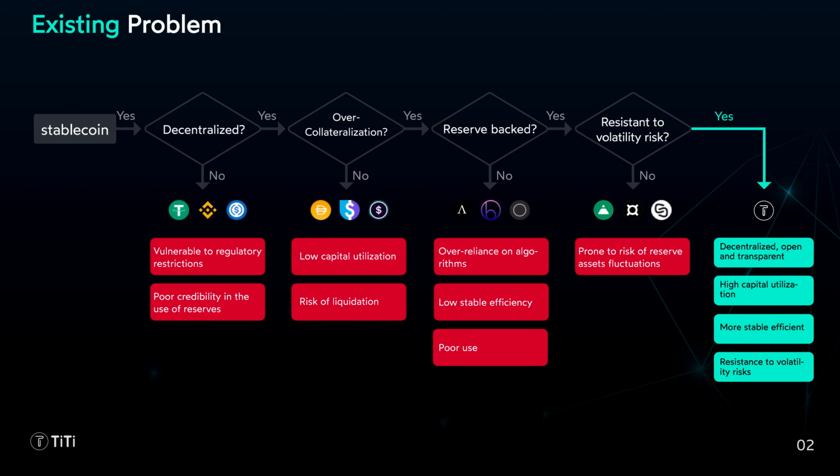In this page, I would like to talk about existing problems and how TiTi will be the solution. Because TiTi is following the trend and solving problems that Fei and DAI and others cannot. We just talked about the market potential and the history of stablecoin. Now let's review the problems. That's why we designed TiTi, because TiTi is trying to solve all the problems. As we can see in lane 1,